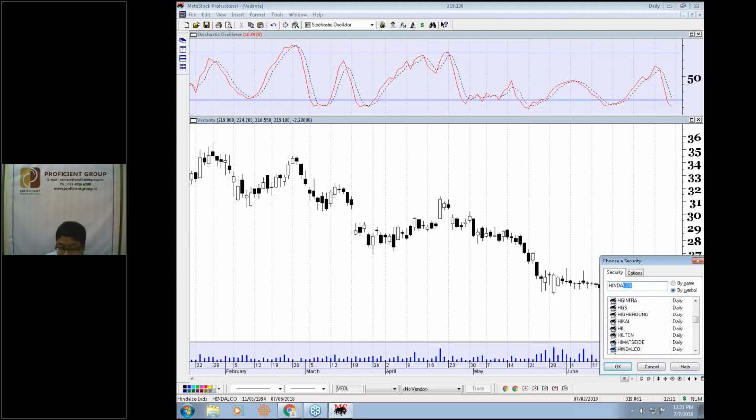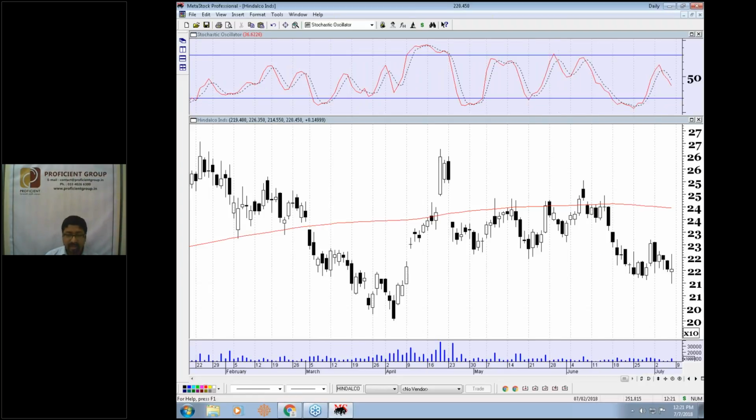From metals, there is Hindalco. Prices are trading below the 200-day moving averages, and also the stochastic has turned down. Any violation on closing basis of 218 will be a good opportunity to sell. Overall, this bottom at 200 will be the longer term target for Hindalco. These were the large cap stocks from Nifty 50 that I expect to continue lower in case Nifty fails to go above the resistance of 10,840.